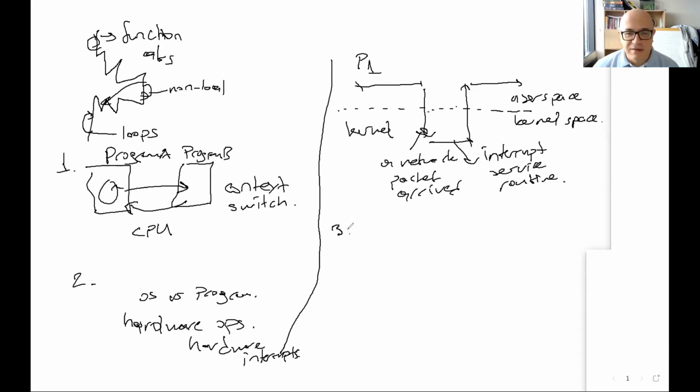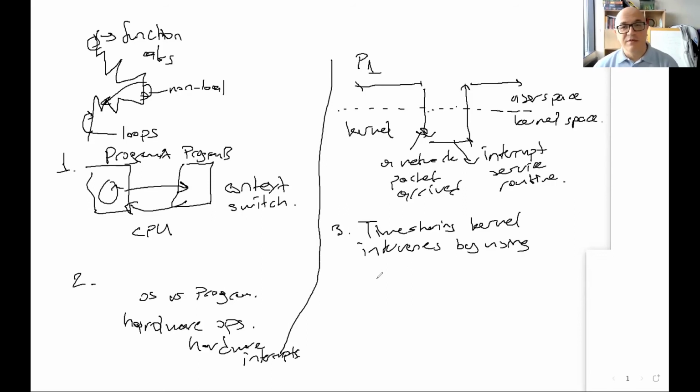The third case is, in order to be fair and in order to time share, the kernel intervenes by using, again, an interrupt, but the interrupt is not some external hardware-triggered interrupt. So when there are timely events, which interrupt am I talking about? Do you have a hint from last week? Yes, Ulaş Şahin, timer interrupt. So it is again a hardware interrupt, but it is not some remotely triggered operation, but it is adjusted by the kernel. So we have a timer interrupt,